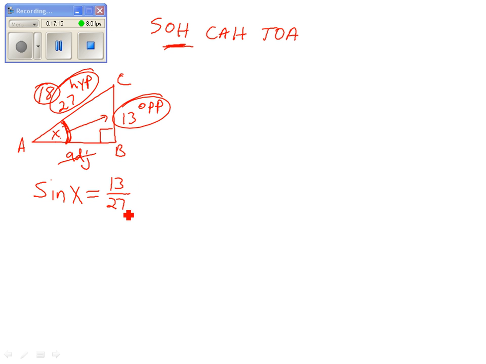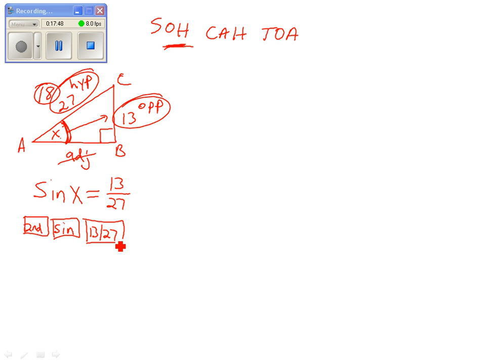Then when you're looking for an angle, all you got to do is take your calculator and you hit second. So on this one, we're going to hit second, sine, and then we're going to punch in our 13 divided by 27. So I hit second, sine, 13 divided by 27, and I like to close my parentheses just to be sure. And I end up with